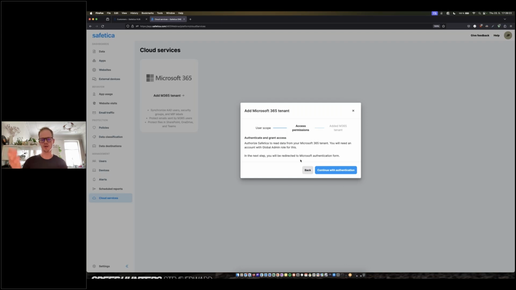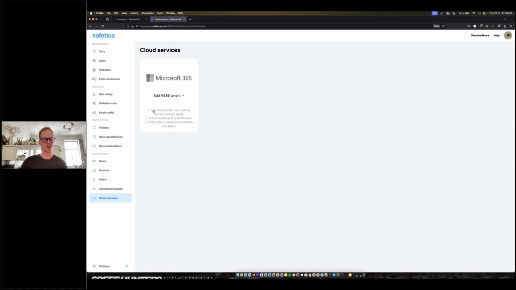I think there are two different boxes that come up to allow the access. And then within a few minutes or so, everything will start showing up here that things are syncing and ready to be protected. So that is essentially how we're monitoring what's going on in the cloud storage. And when I say the cloud storage, I'm mostly referring to 365. So yeah, great question. Thank you.